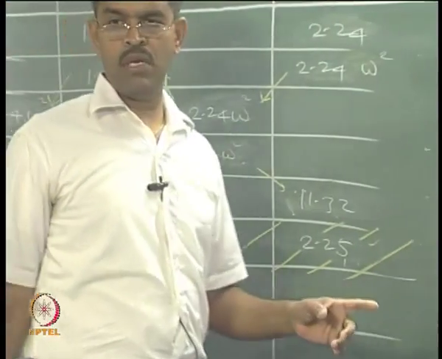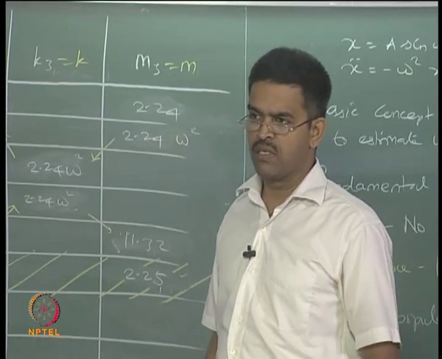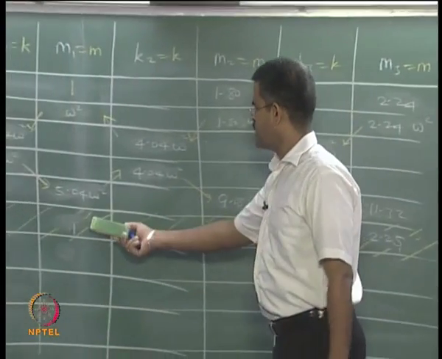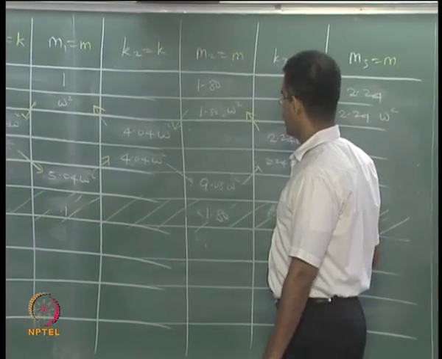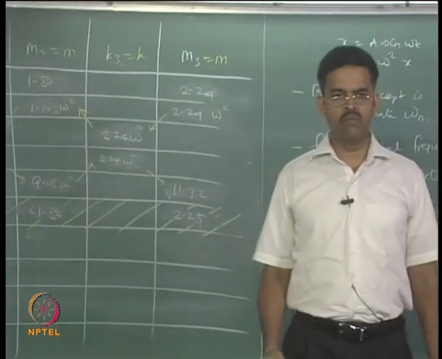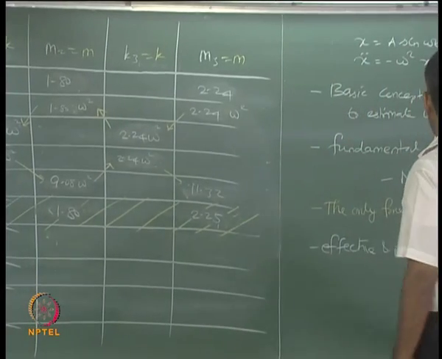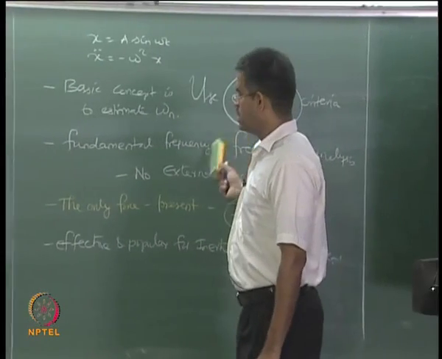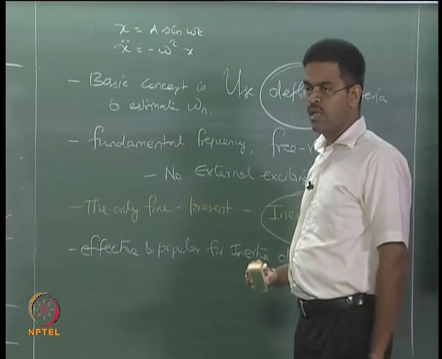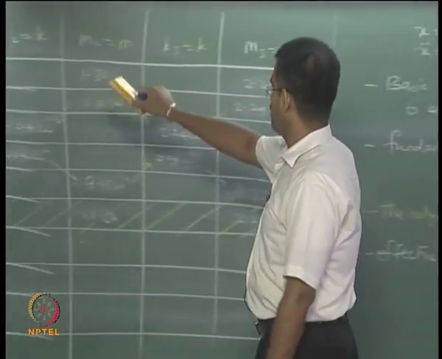Any questions, if anybody, how we get this table filled up? We have done 4 cycles of iteration in this case and we filled up the values and got the proportional displacements of the mass points for the corresponding frequency which I am interested in estimating. Any difficulty for anybody how to fill up this table? This concept is purely based on the deflection criteria, and can be used for continuous and discrete systems. It will give you the fundamental frequency and the corresponding mode shape. The mode shape for the fundamental frequency will always be positive because there is no zero crossing. I started with all positive values here.